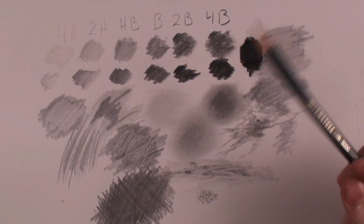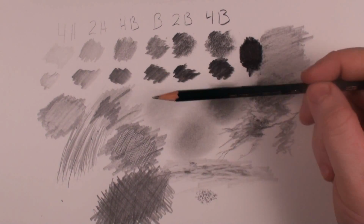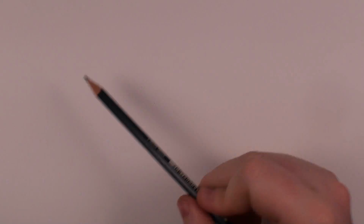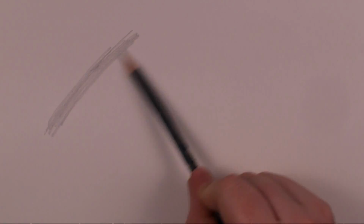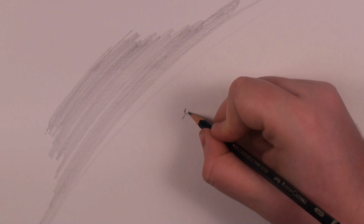And I guess the last thing I'll mention is how you hold your pencil. If you hold it further back, let me switch the page here. If you hold it further back, you're going to have less control over it, and it's more for these fluid motions, things like that. So if you want to cover large areas, just go to town like this, holding your pencil way back. If you want to have a lot of control, obviously you want to hold it like you would a pencil, and then you can really